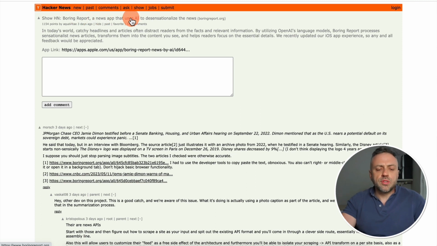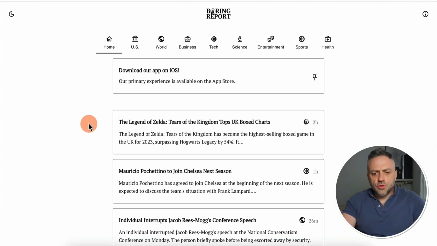news app that uses AI to desensationalize the news. In today's world, catchy headlines and articles often distract readers from facts and relevant information. And so the way this app works is it displays different news headlines, but it removes all the sensationalism and the clickbaity and all the controversy from the headline, just to give you the facts, just to tell you what